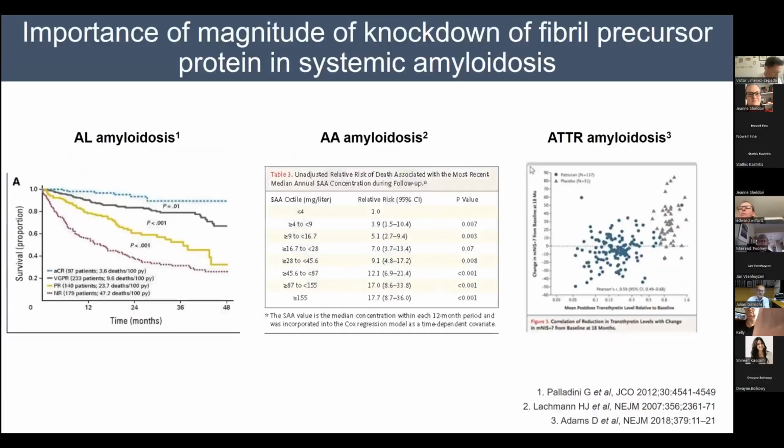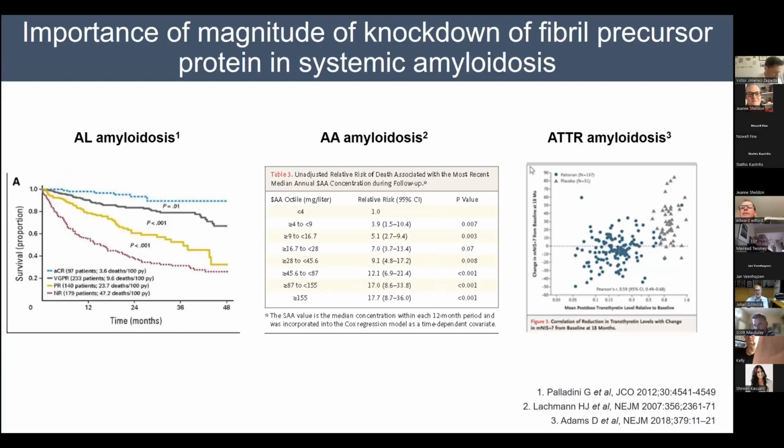So this slide here demonstrates the importance of the magnitude of knockdown of the relevant fibril precursor protein in relation to clinical outcomes in different types of amyloidosis. In AL amyloidosis, outcomes are significantly better in patients who achieve a hematologic CR. That's equivalent to 100% knockdown of the circulating amyloid-forming light chain, shown by the blue line at the top there,